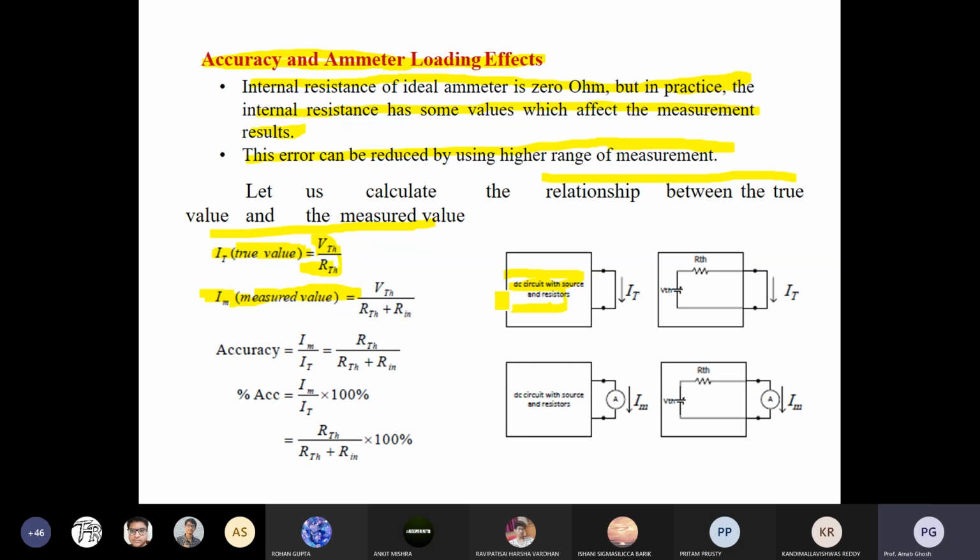They are using Thevenin's theorem. I think all of you are aware of Thevenin's theorem and Norton's theorem from your basic electrical class. Whatever circuit you have, the circuit should be linear bilateral. The entire circuit can be represented by an equivalent open circuit voltage in series with some equivalent resistance.